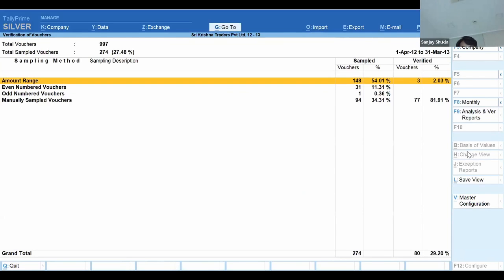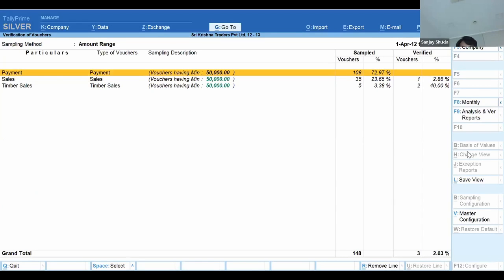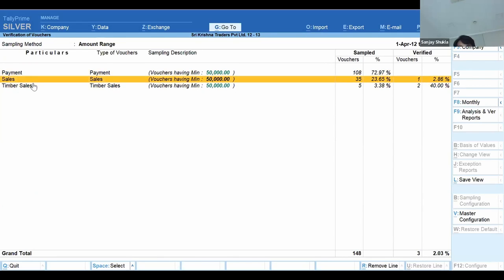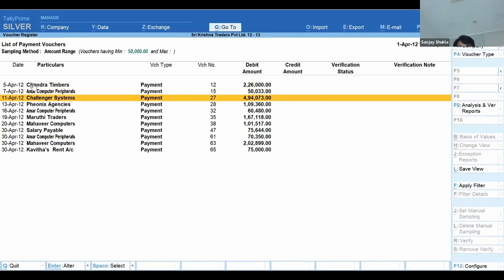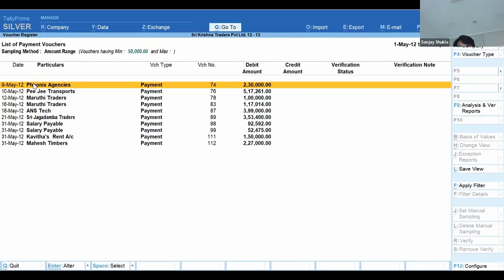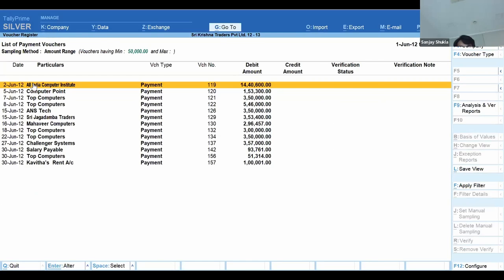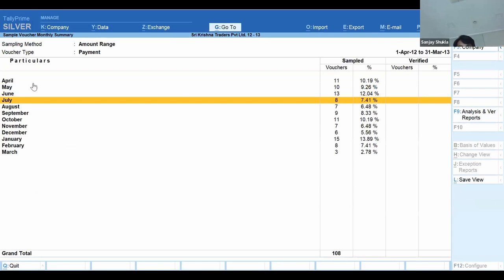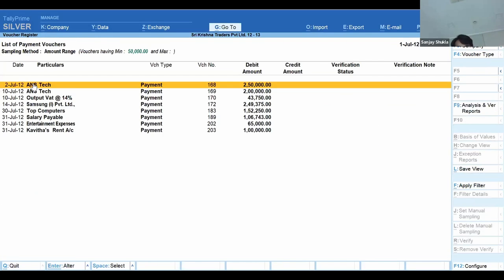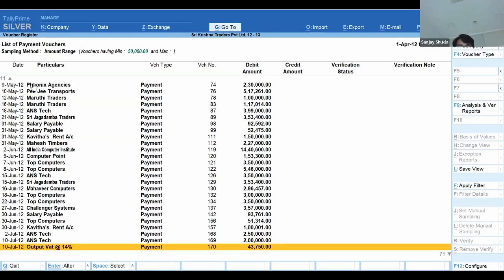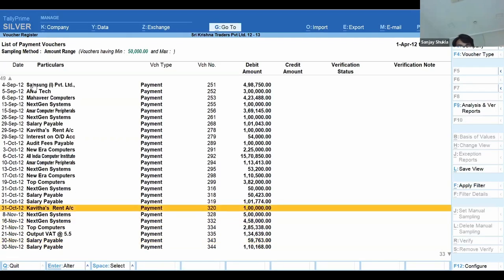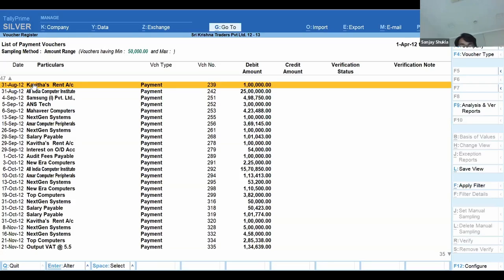So there is an amount range. On the basis of amount range, I've now selected payment. You can see I've selected sales. I've selected my timber sales. So all payment transactions which are above 50,000 are filtered here. You can see it. Okay. So if I want all the month data at one go, I can just press Control A and do it. Now, when I'm pressing enter here,